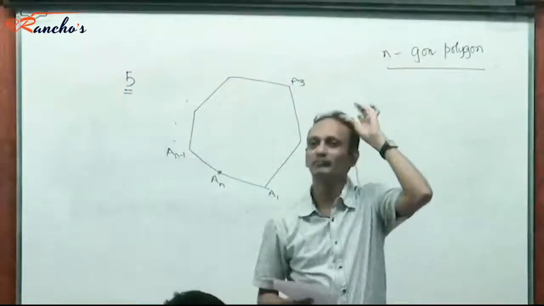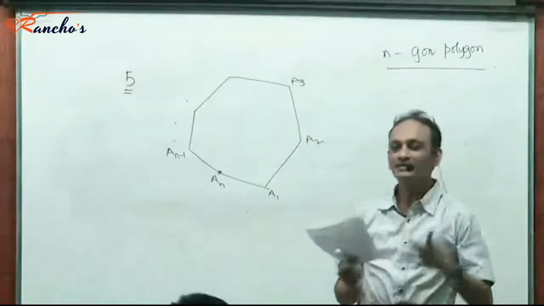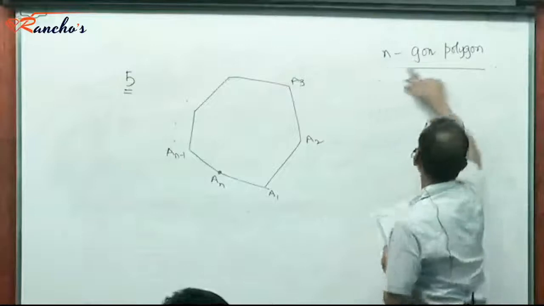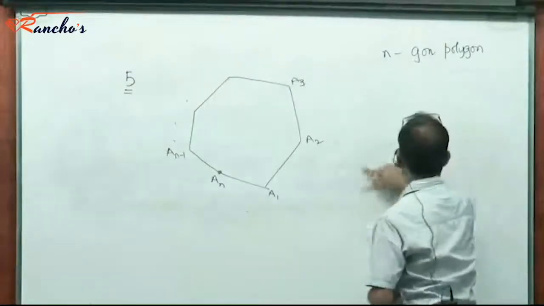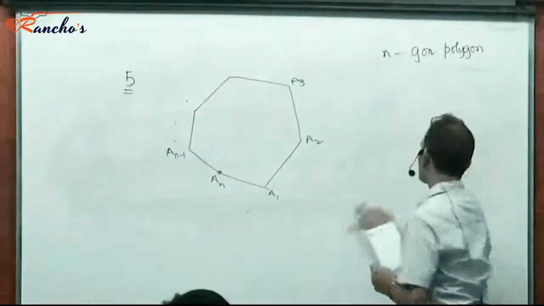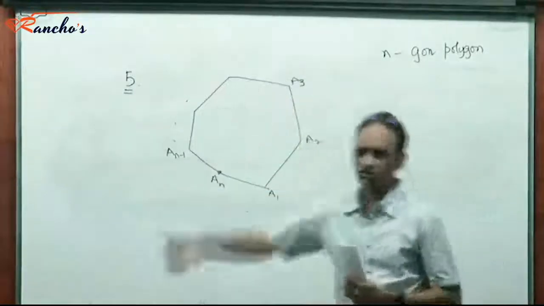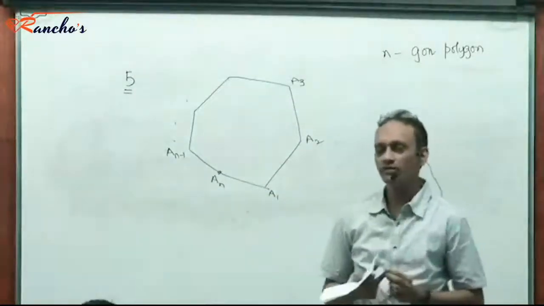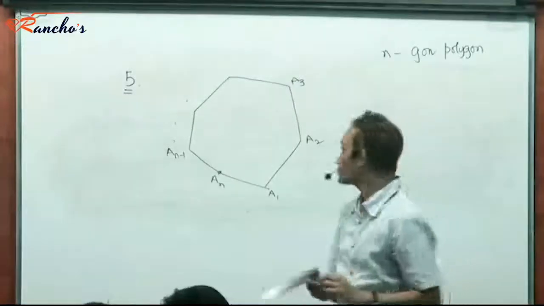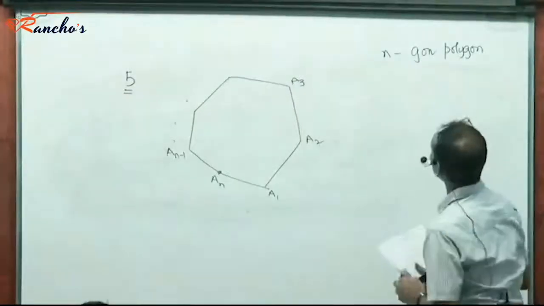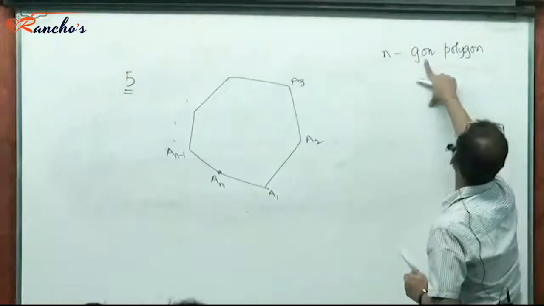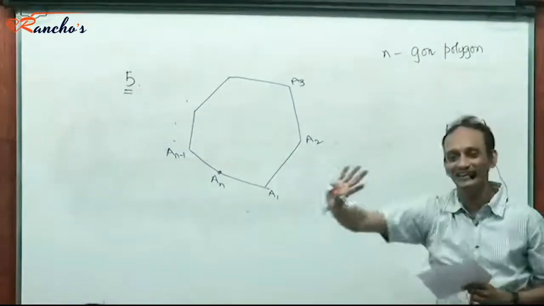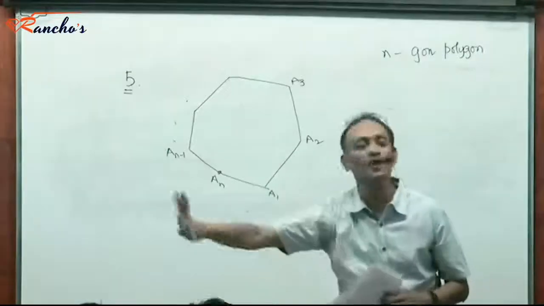A long time ago, in some other context, not here, when I wrote n-gon polygon, there was a simpleton who used to come from a place called Gobardanga, on the outskirts of Kolkata. He was a sincere, good fellow, but his ready response to an n-gon polygon was, sir, you have written the spelling wrong. Anyway, n-gon polygon gone, so no problem.